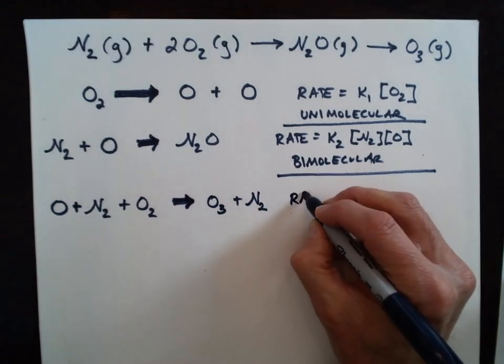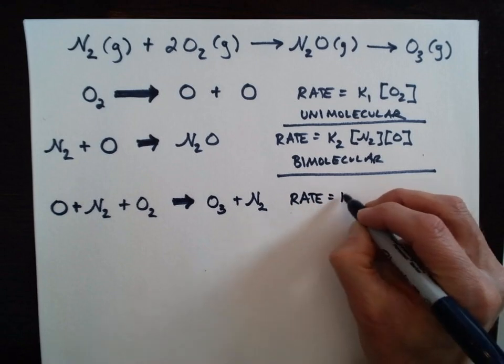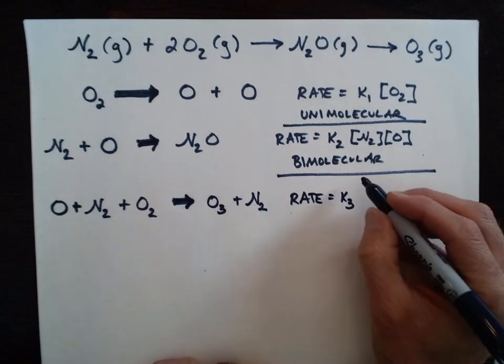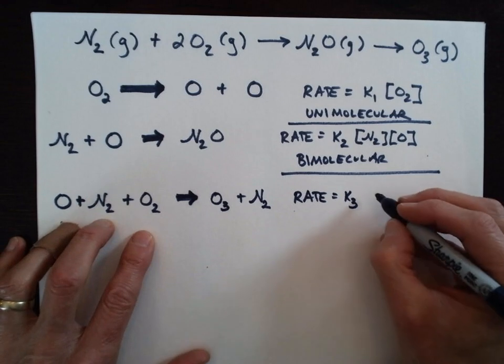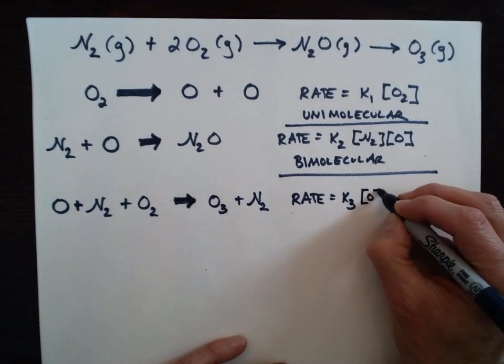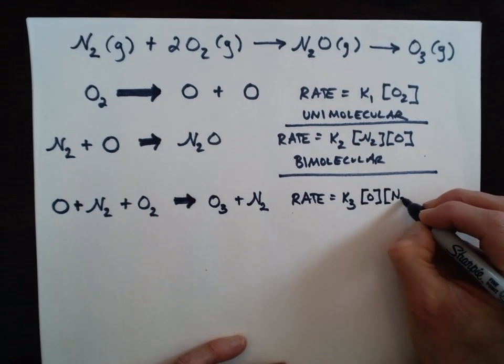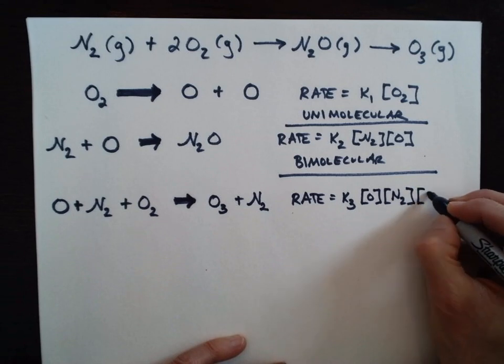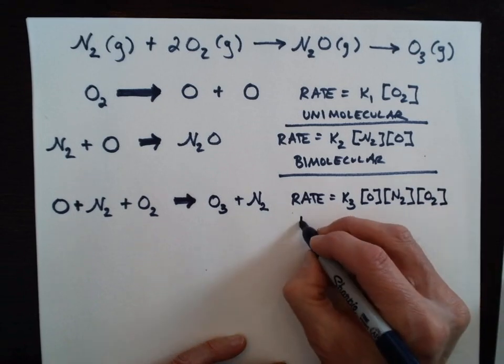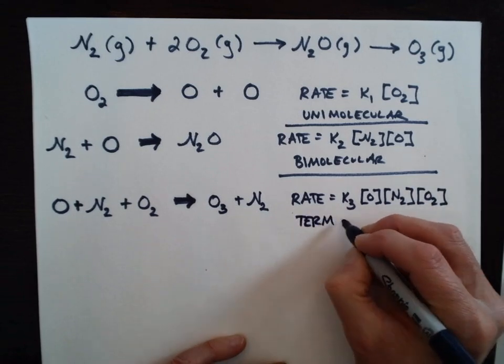And the rate of this step, we'll call this k3 because it's the third step, and it's going to depend on the concentration of our three reactants: gas phase oxygen atom, nitrogen gas, and oxygen. And this again is a termolecular